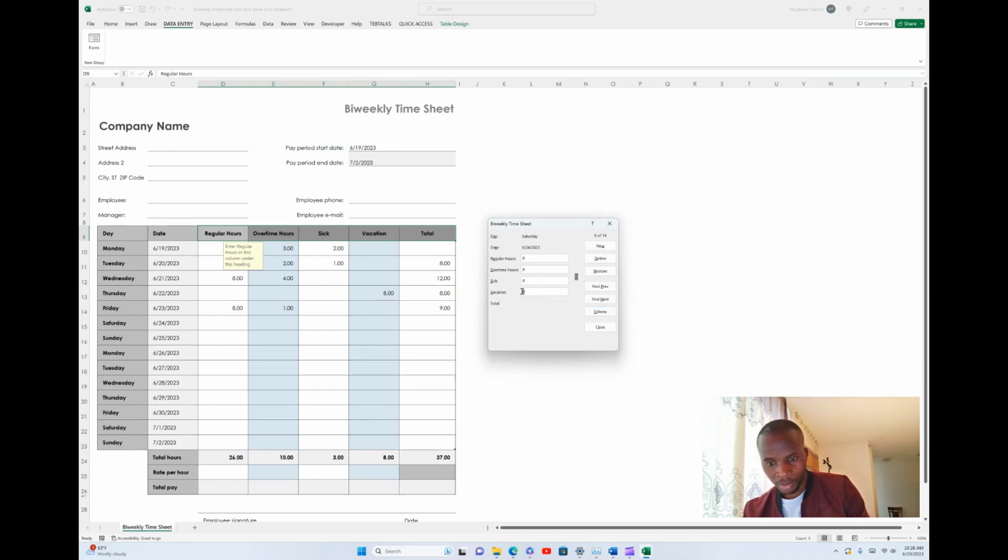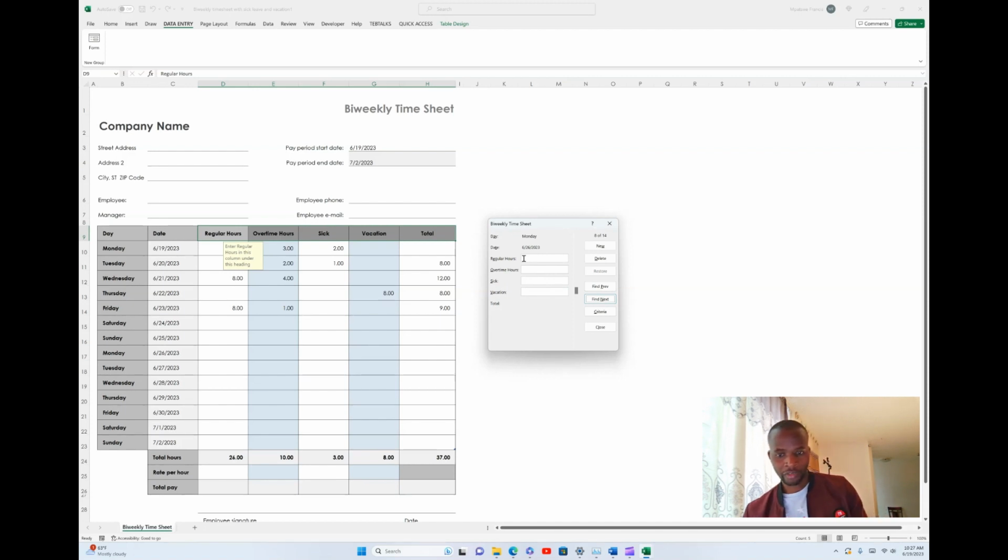But since I'm paid per hour, I just have to leave that one. Then go to next one, which was Sunday. You still put zero, zero, zero, zero. Then you go to Monday. When you go to next, it starts Monday 26. Did I go up to 26? Yeah. So as you can see, the moment I enter my data from this form, it's reflected into the